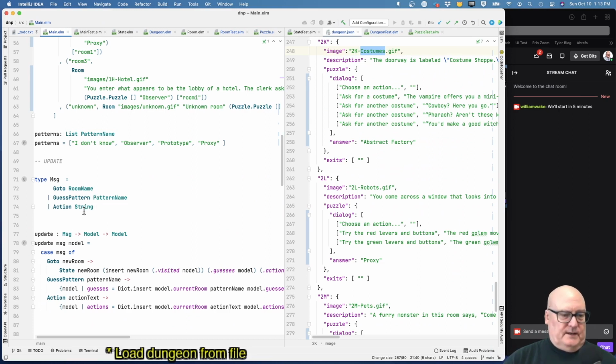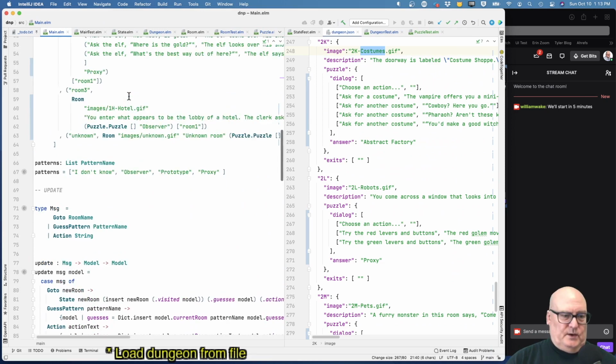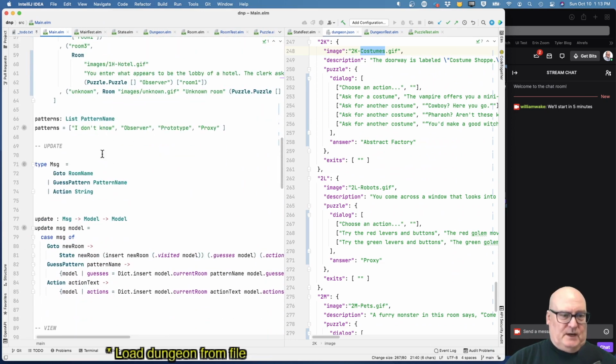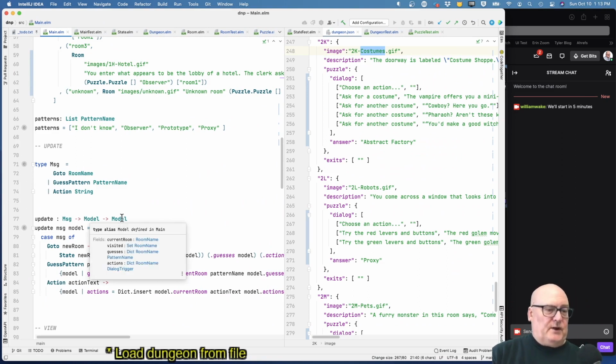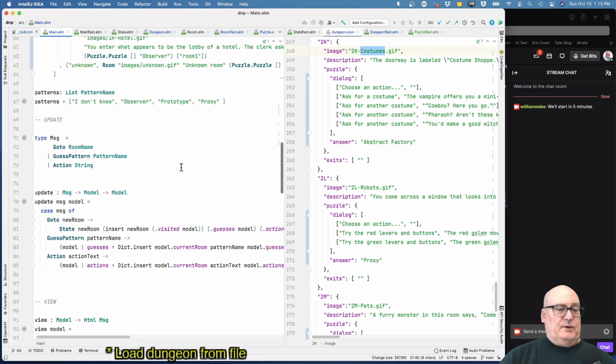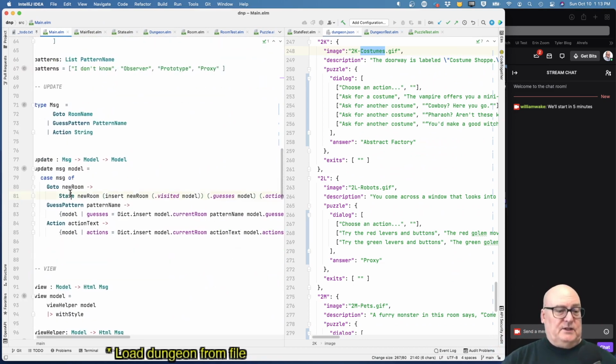And so when the browser sandbox runs things, it gets the initial state and that's the model. And then it gets a message. So it takes the message and the current model and you have to tell it how to produce a new model given this message. In our case, the state gets updated and the current room is here. The list of visited rooms is here. Okay, so our update is